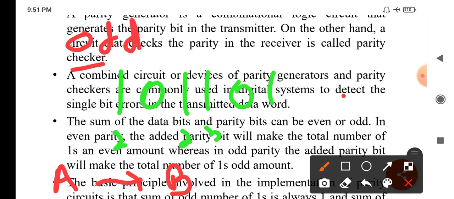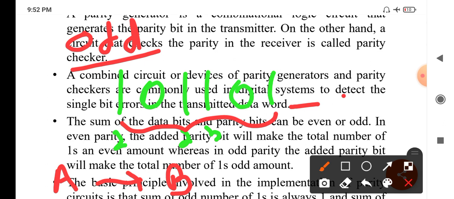Say we are going for odd parity. In odd parity we put the odd parity bit. This is the transmitted data, and this is the parity bit.